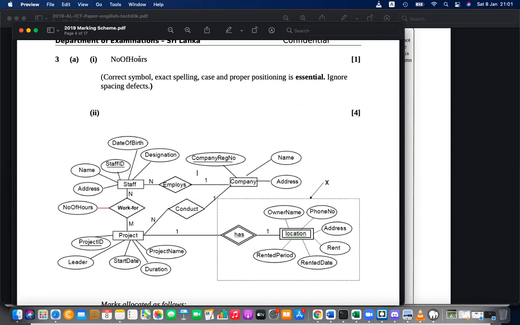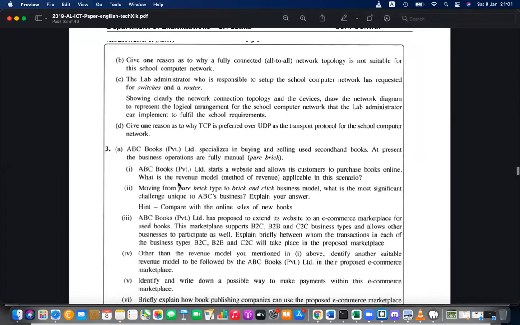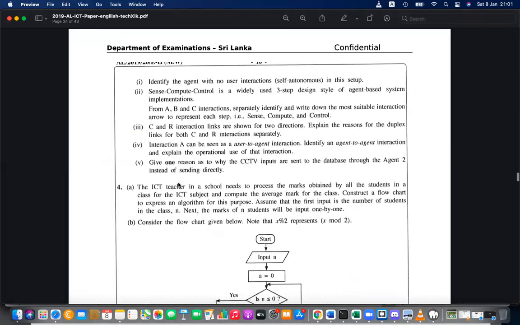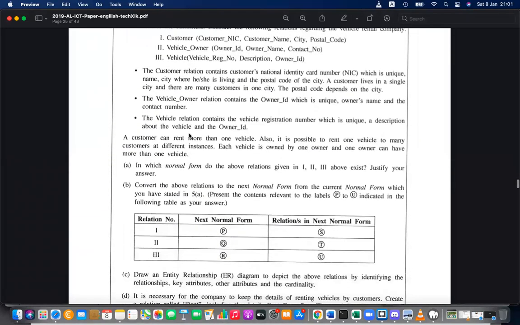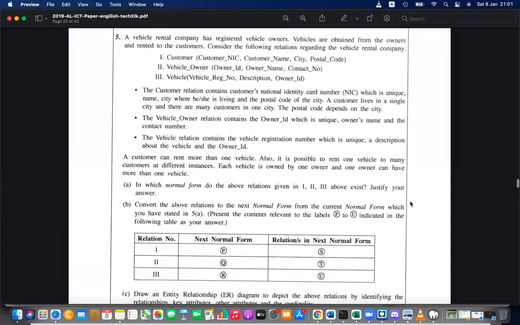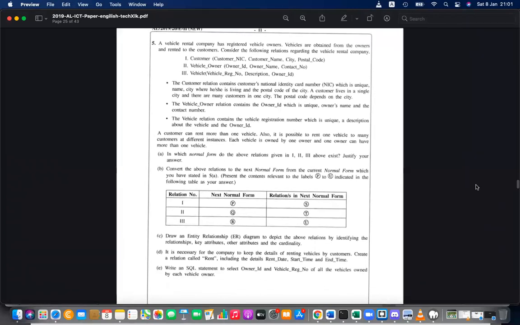Okay, now you will understand. So I'll give another question, but don't look at the marking scheme. Try to answer this. Now you can see 2 questions came in the same examination. It's a long question, so I'll give this as homework. Take a screenshot or snapshot. If not, go to the 2019 paper. This is the full question, from ER diagram and SQL in the 2019 paper. So you can see there were 2 questions, right?